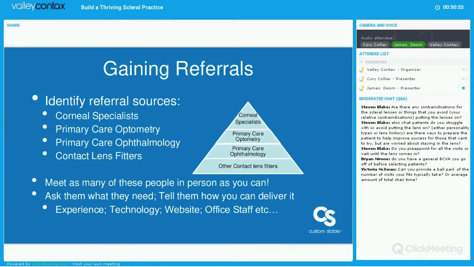I love how you stratified the different referral sources. And I think, if you're looking to get started in this and really trying to grow your referral base, get out there, go talk to these docs and try and familiarize yourself with them. Ask them about their practice, ask them about their family, try and be genuinely interested in who they are as a person, and then let them know about how passionate you are about this, what you've done to get involved and what you've done to educate yourself, and let them know that you're there to help them, either through referral,